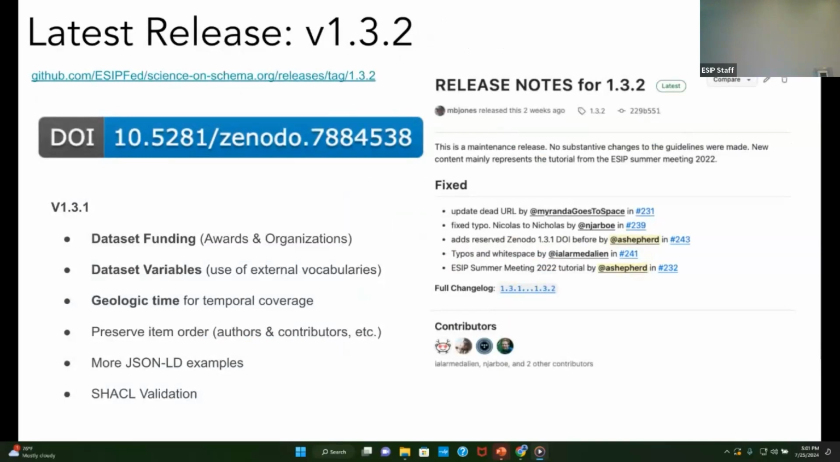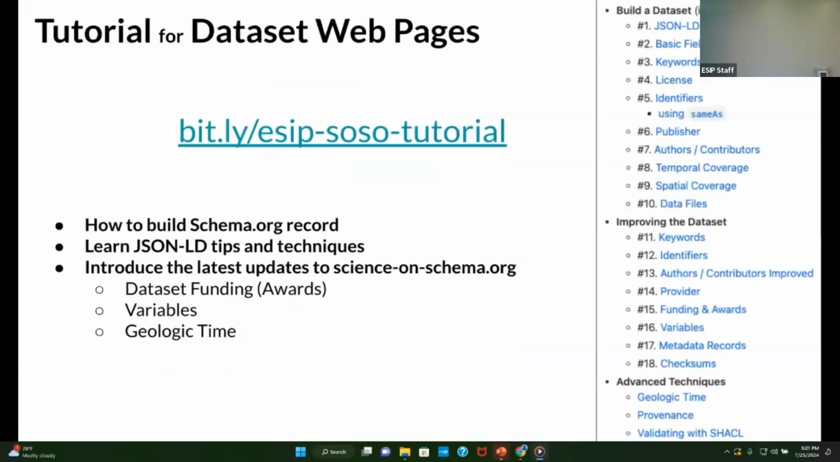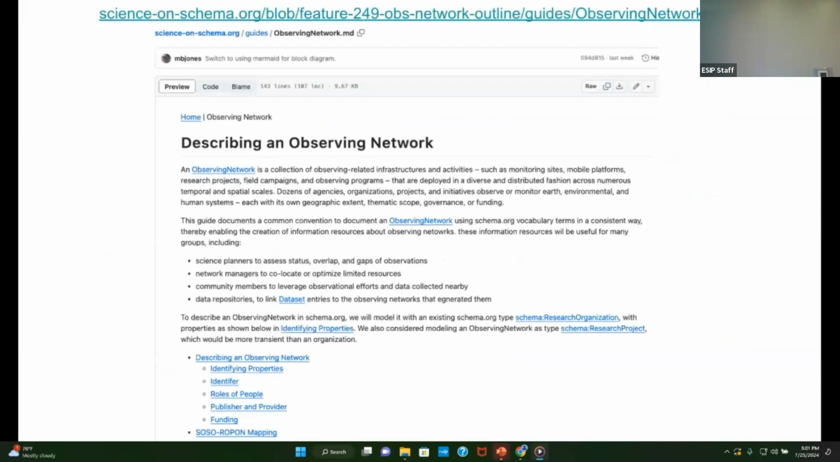So that was recently published 2 weeks ago in our latest release, version 1.3.2. And so if you go to our GitHub repo, you can see all the descriptions of what's been packaged up in each patch release. And here's the slide on the tutorial. You can find that tutorial at this bit.ly link that walks you through the concepts, how to use it, the techniques that we use, understanding the JSON language and what is entailed there,